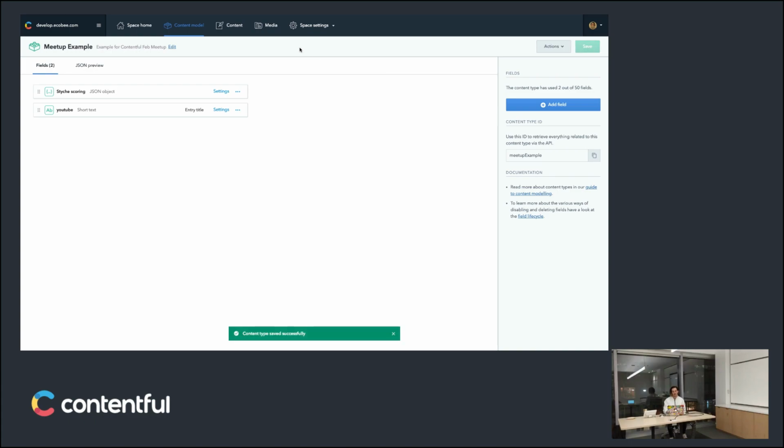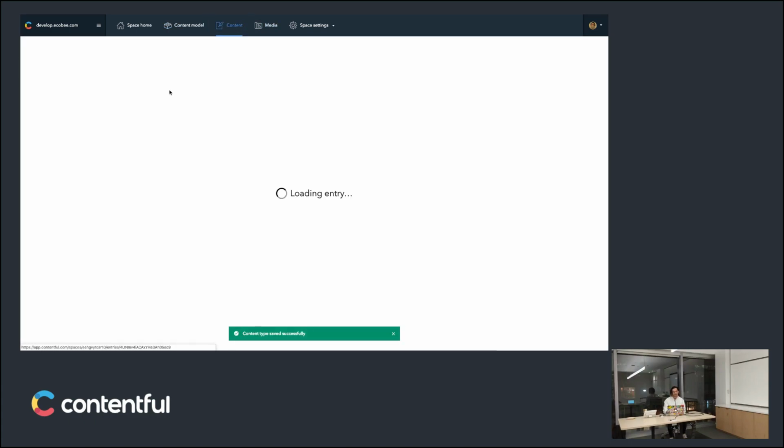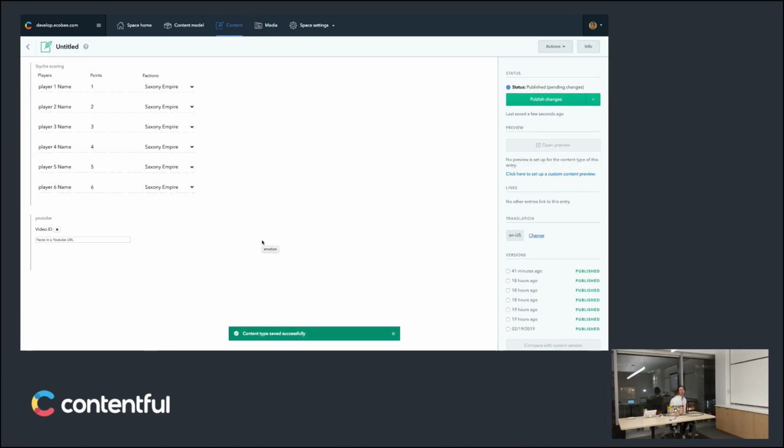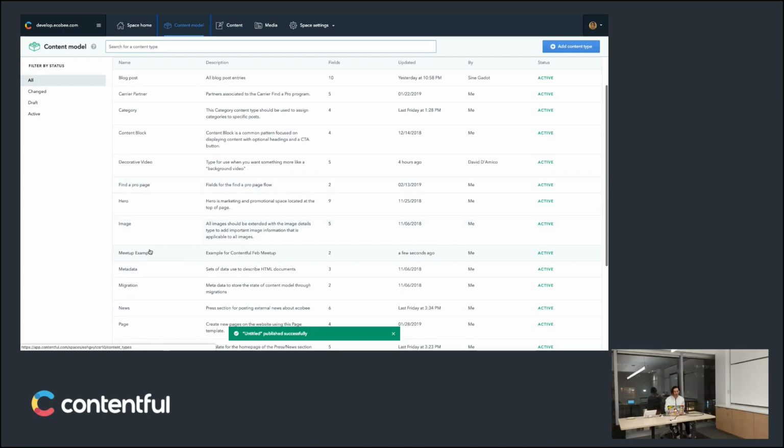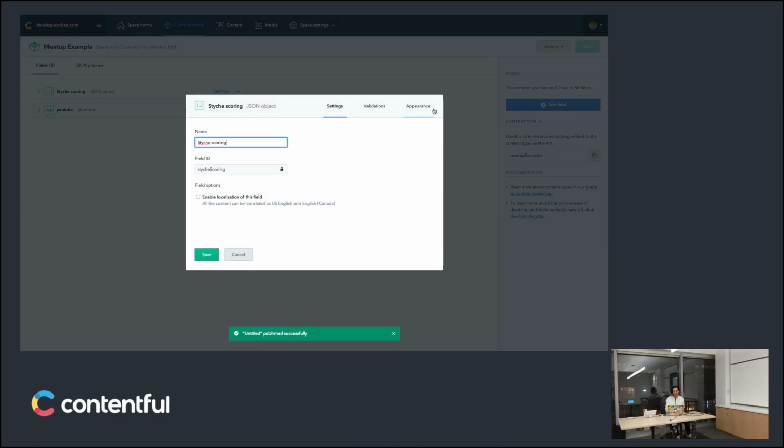If I save it and I go to the same content model, now you're going to see that JSON turned into something completely different. Now this is editable by a non-technical person, and they can actually start interacting with it, and you can guarantee that a player needs to have a point and needs to have a faction selected so I can save my data correctly. And if I save this thing and I turn it off just to show you the point of the extension,